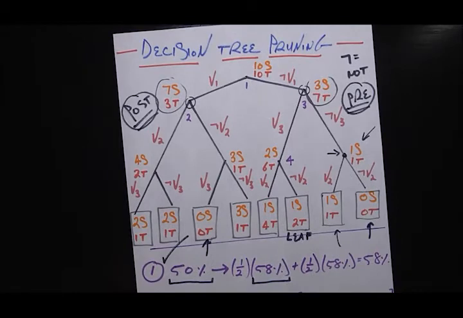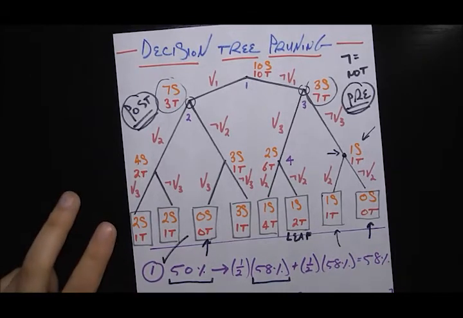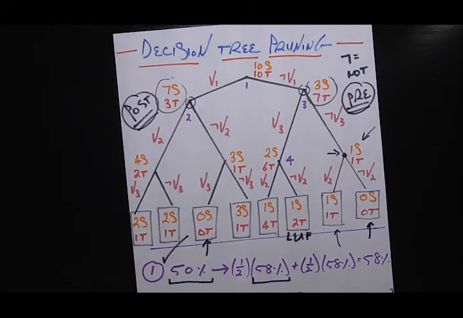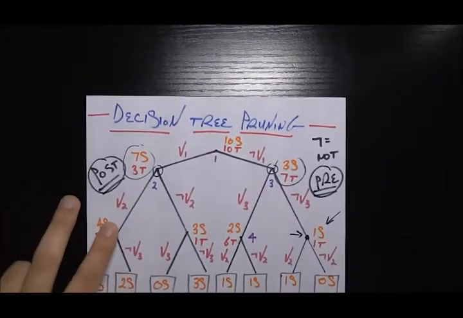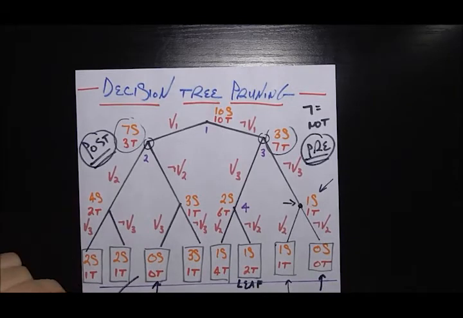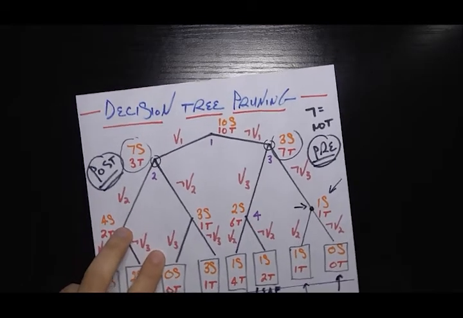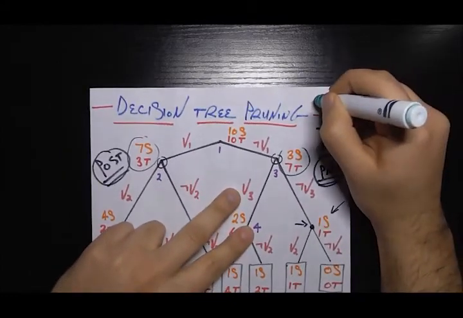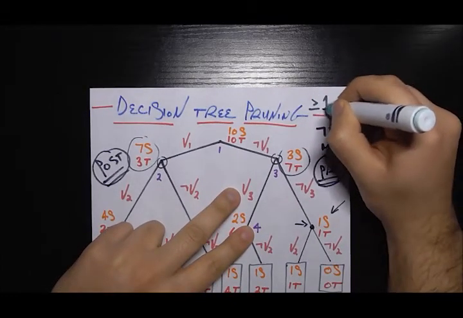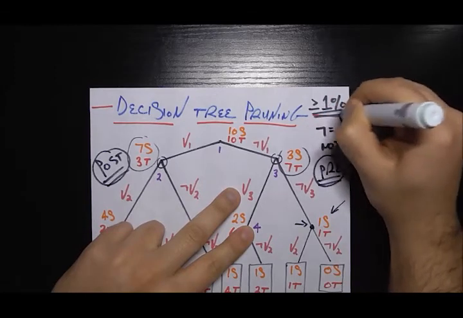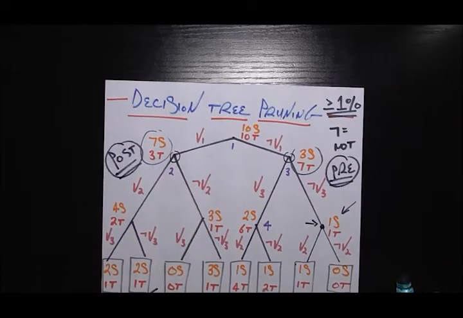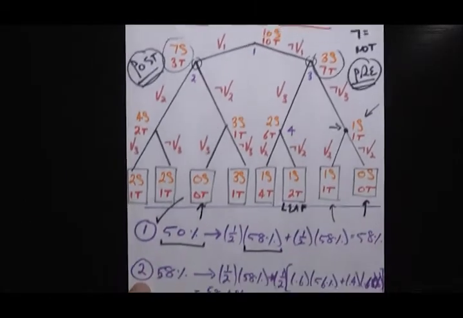So this kind of begs the question of, we need to set a threshold, right? We need to set some kind of limit for whether or not to branch based on how much more accuracy it gives us. You can really set it at whatever is comfortable to you, however important you value each extra piece of accuracy. For us, we're going to say 1%. So on the right corner here, I'm going to say if it's ever greater than or equal to 1% gain, we're going to keep it. If it's less than a 1% gain, we're going to not take that branch and just prune everything below and stop the decision tree right there. Okay, so let's go ahead and move forward.